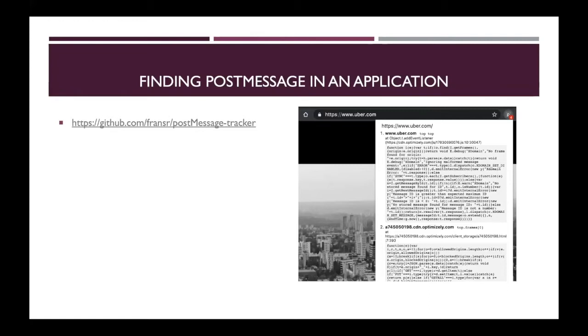There is one researcher named Rosen, who has created a Chrome plugin which you can simply use, and whenever you load any URL in your Chrome browser, it will display which postMessage functions are used in that particular page. It will be very easy for pen testers to find the postMessage functions, check them and find the issues.